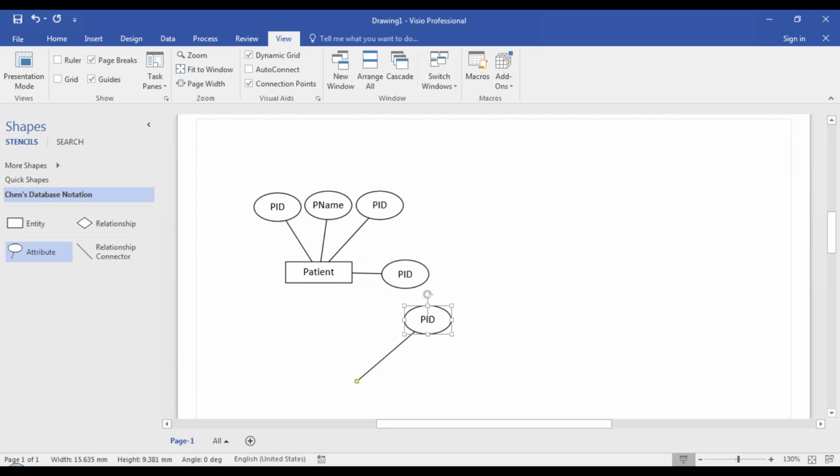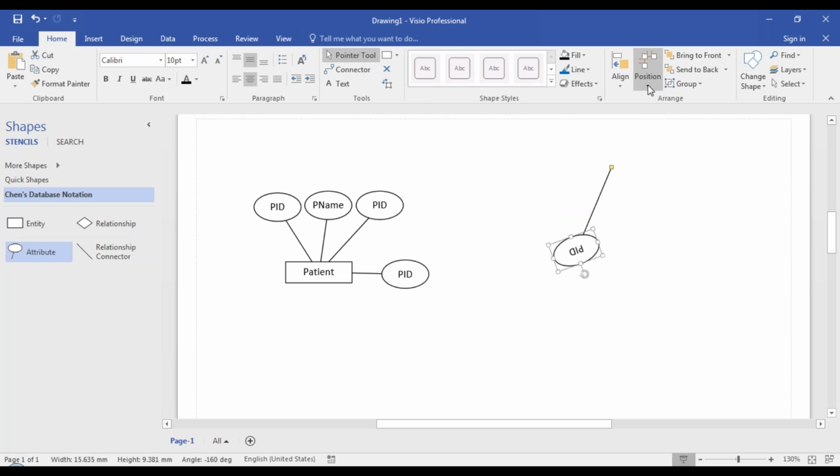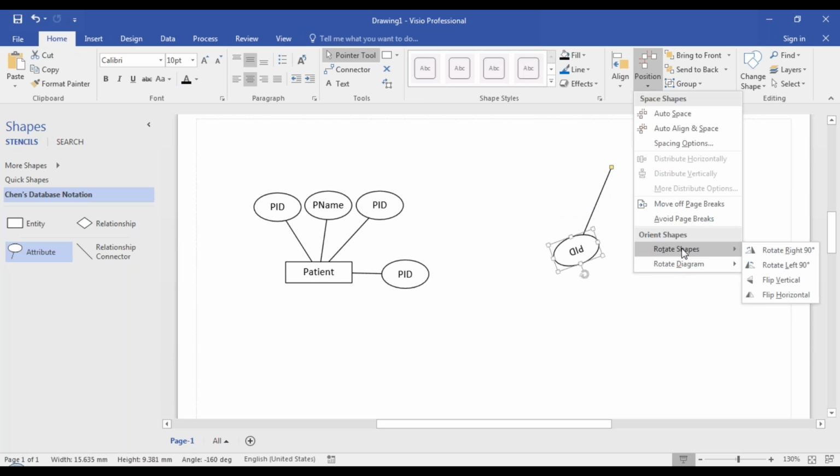Now this should be inverted. First change the direction. Keep it away. Let me do this again. How do you create a new attribute that can be added below? Copy, paste it, move it to a spacious area and then rotate it. Now you have to change the text direction. Go to position and then